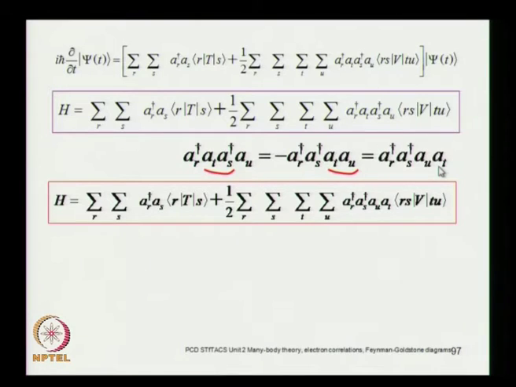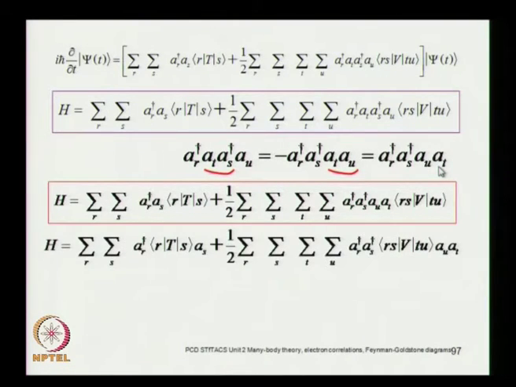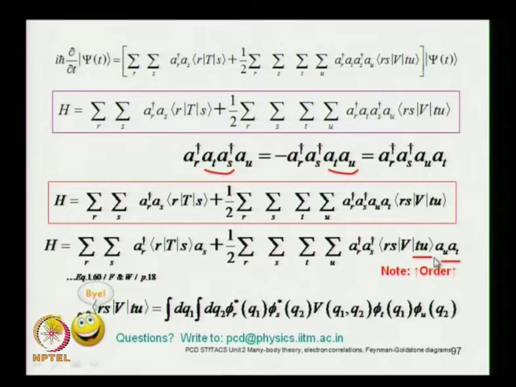This ordering is completely equivalent, but please note that you can write it in some equivalent ordering, but not in arbitrary ordering. So, any equivalent ordering which duly respects the anti-commutation rules of the fermion creation and destruction operators is acceptable, but not any arbitrary order. Note that here you have got Tu in this two center integral, over here you have got Au and At. So, this order is different from this, and you can't mess up with that,